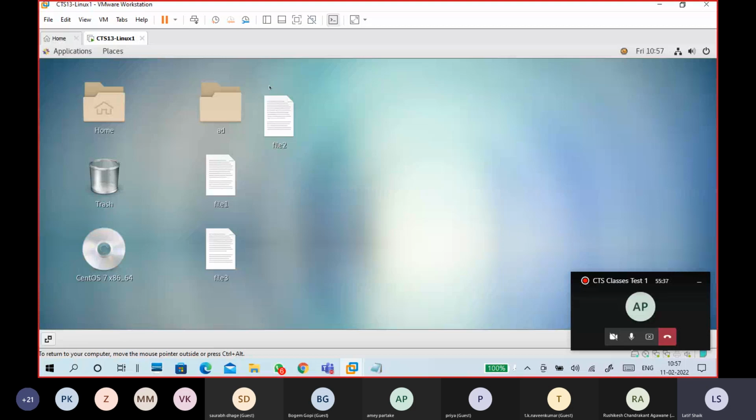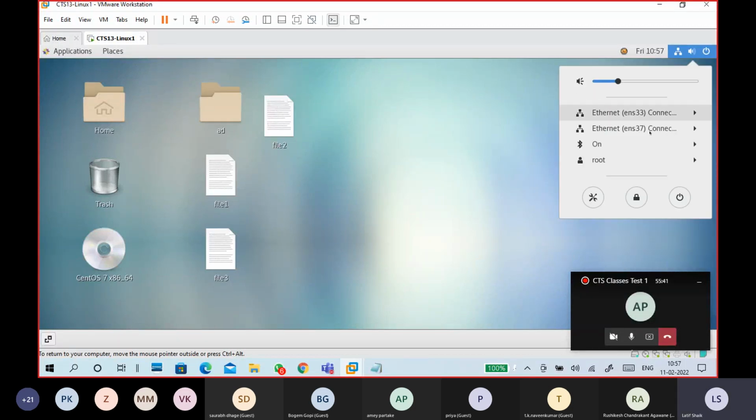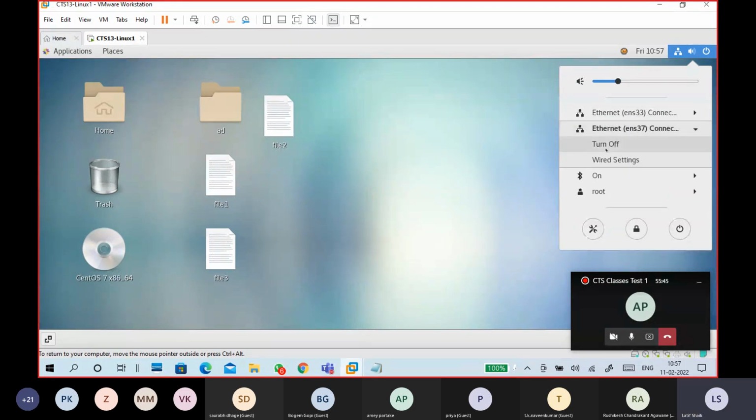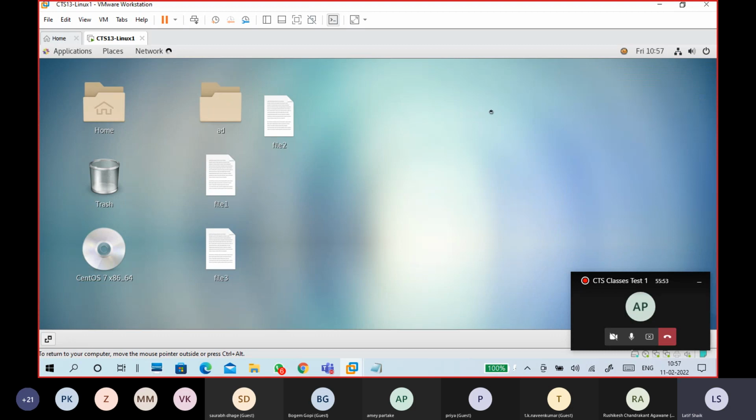Okay, this is our machine, right? So this is the network. You can see two network adapter names now. So you can go to each network and turn off, turn on, like enable, disable in GUI mode. Okay, wired settings. So I will go in GUI mode to show how to do it.